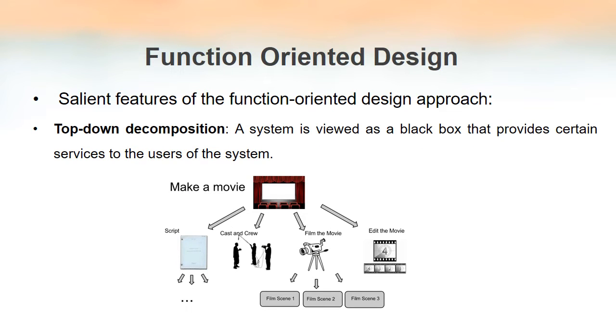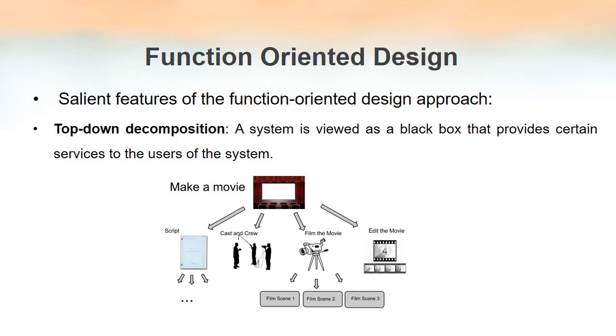The approaches to software design are divided into two categories. First among those two categories is function-oriented design. That is what we are going to discuss first. As the name indicates, function-oriented means that in this approach or in this format of designing, the importance is given to functions. That is why we are naming it function-oriented.